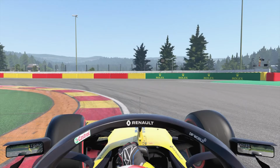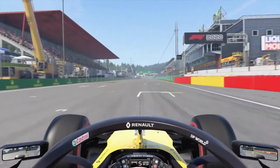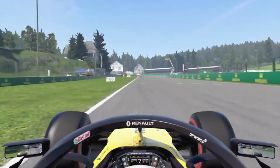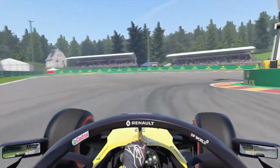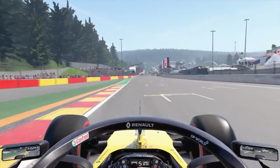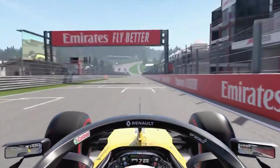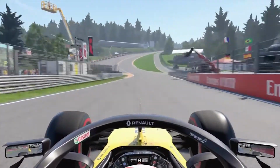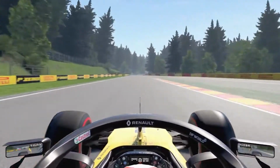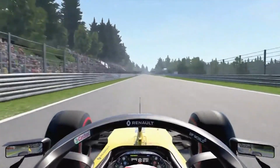So we pick him up just as he heads onto the front straight, the start-finish line, moving his way up into 7th gear. He's going to get ready to take the right-hander of La Source, which is turn 1. So down into 3rd gear there, moving his way up through the gears along the old front straight, which is usually used for GT cars. Getting ready for the famous Eau Rouge, which he takes flat out, the right-hander. The top of Raidillon, he doesn't lift at all, takes that absolutely flat,